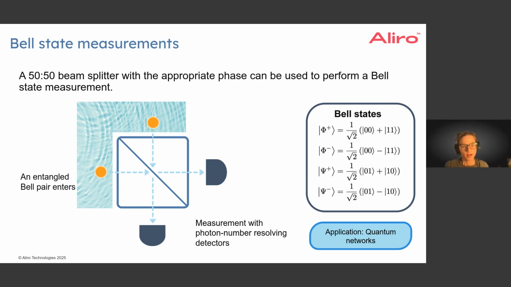So how can we do Bell state measurements with beam splitters? One implementation we can think about involves using a beam splitter and 2 photon number resolving detectors on the outputs of the beam splitter. In this implementation, we have an entangled Bell pair entering this beam splitter, and we can actually predict, again, from our unitary operators that we solved for previously, what's going to happen to this entangled Bell pair as it enters the beam splitter. And I'll just be showing the results here, but